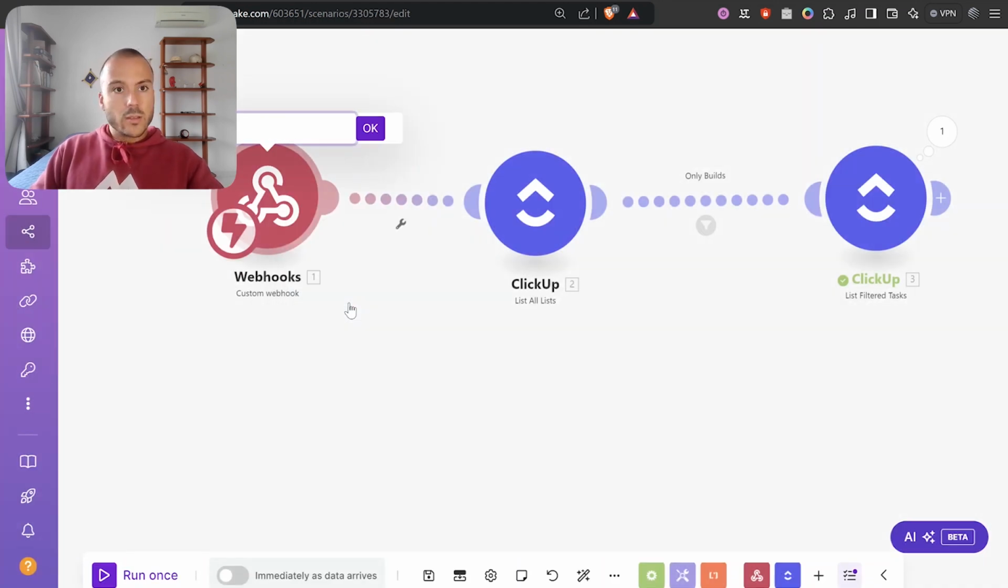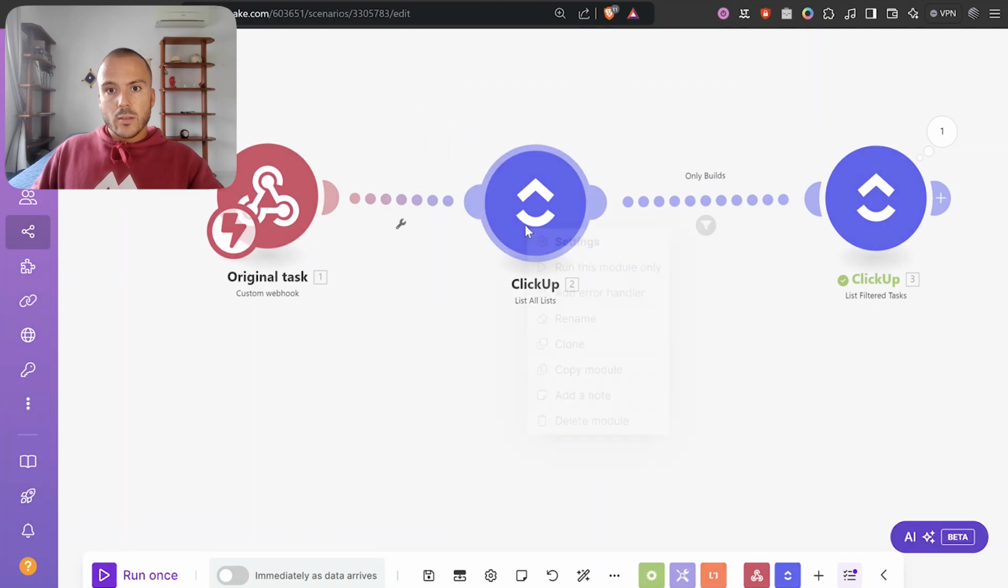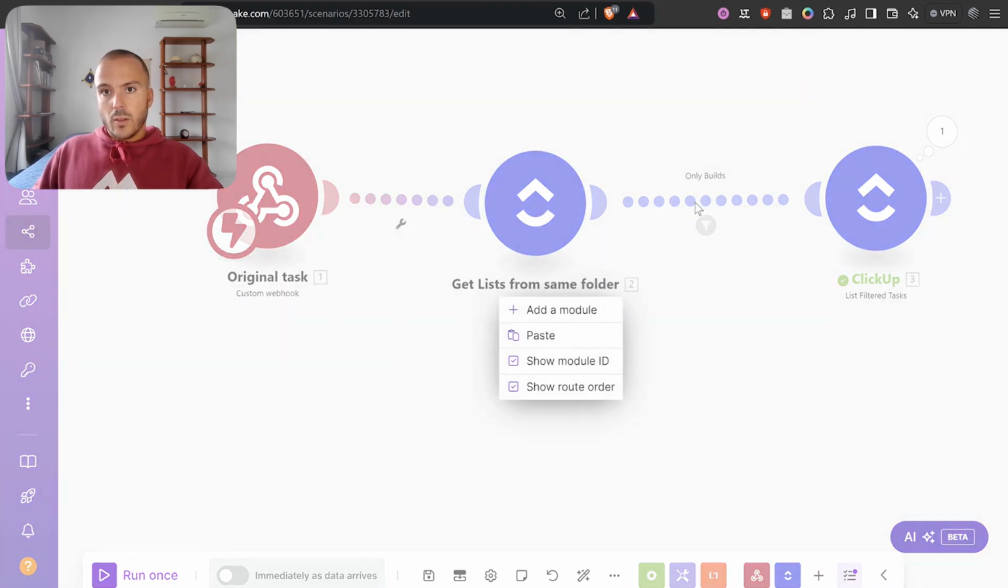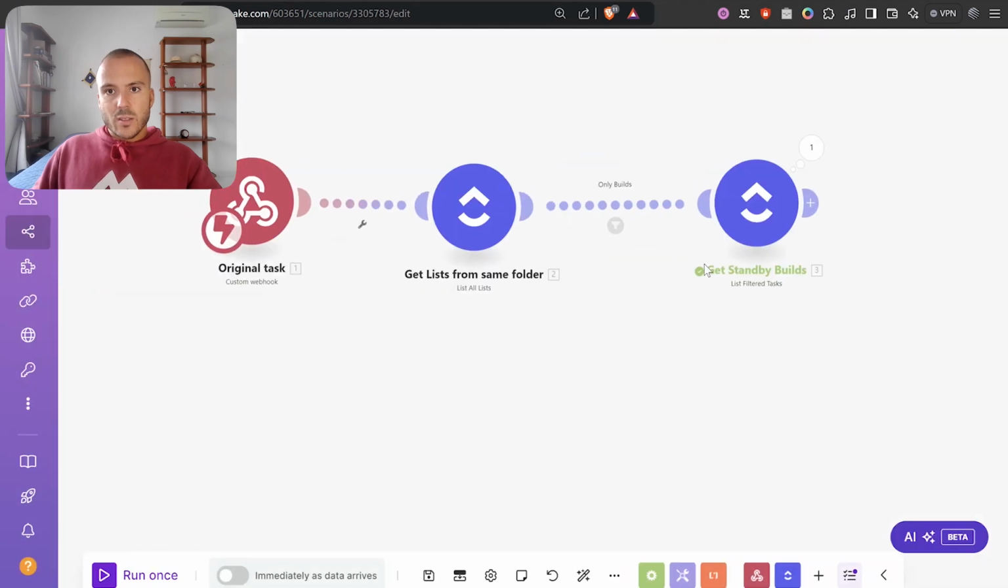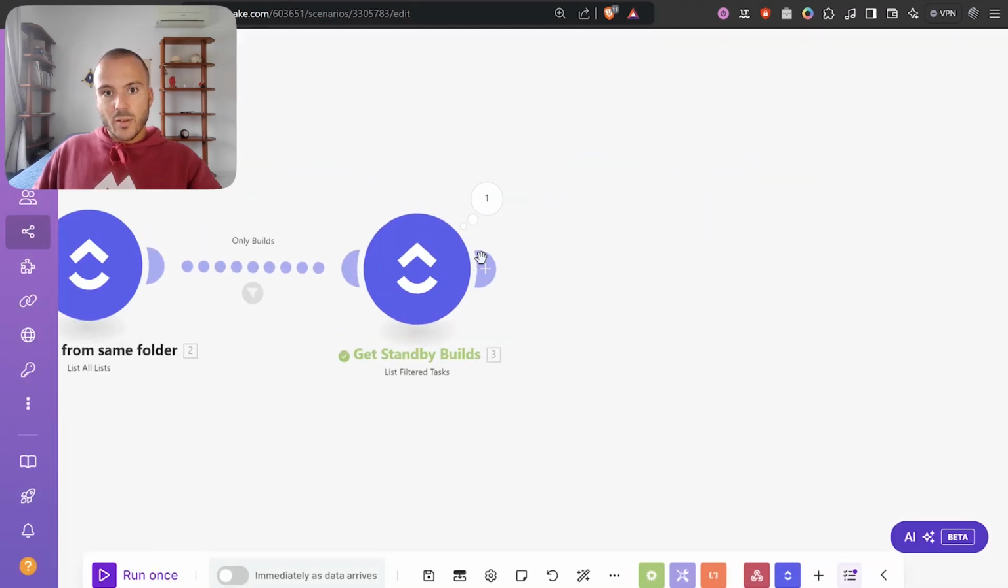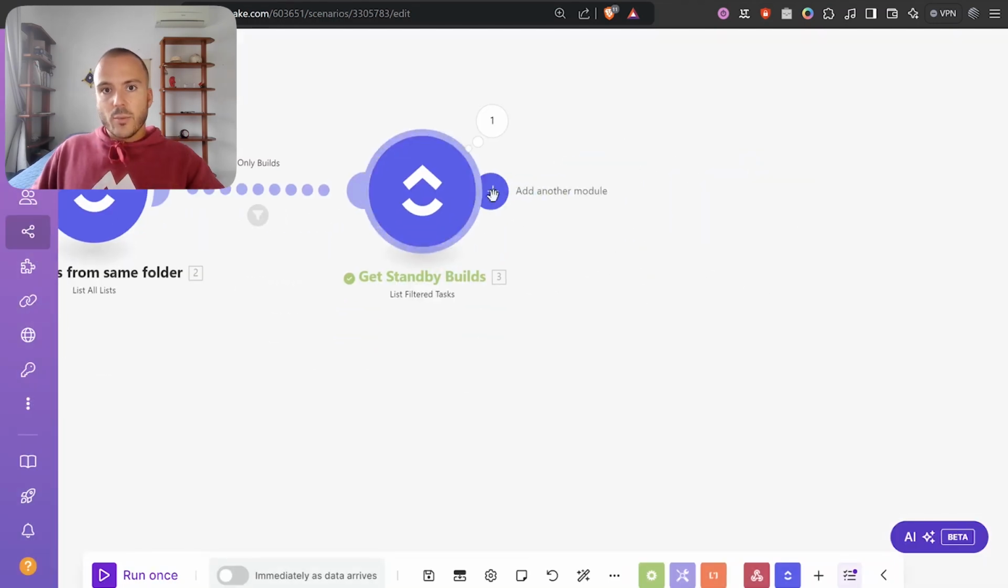Original task. This gets lists from some folder. It only builds, get through. Get standby builds. Always name your module so you don't get lost. It happens very often. So next step, we will link